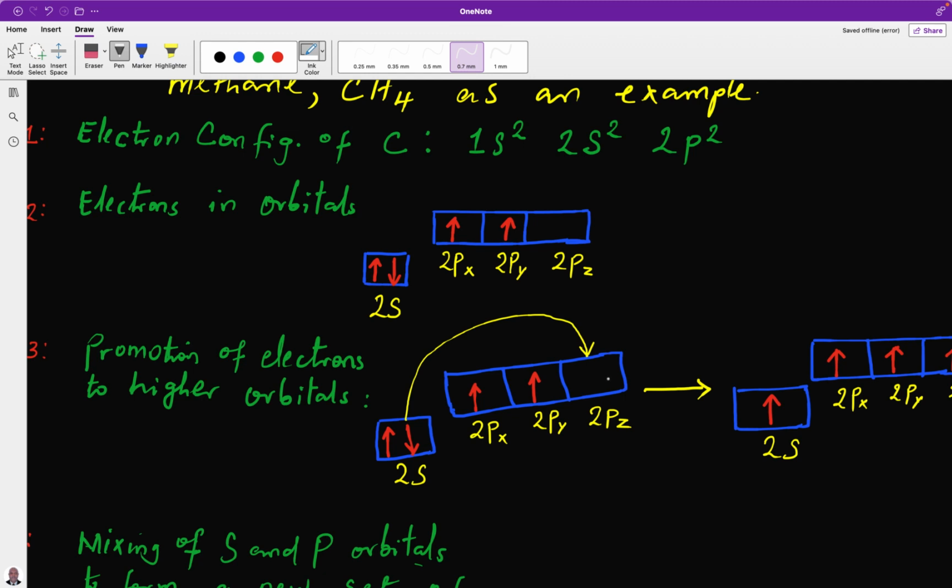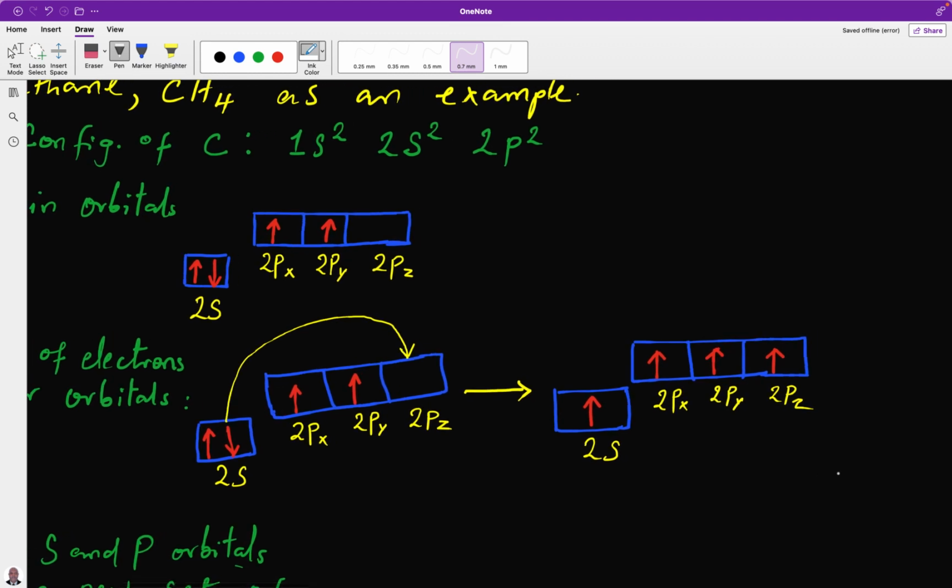We are now coming to what we call mixing, because we are dealing with the 2s and the 2p. As I told you, hybridization is the mixing of atomic orbitals. We are now mixing the s orbital and the p orbital. Mixing of atomic orbitals to produce a new set of hybrid orbitals of equivalent energies. Now, when we promote 1 electron from here to this one, the 2p orbital becomes half filled and the 2s is half filled. This is how it works.